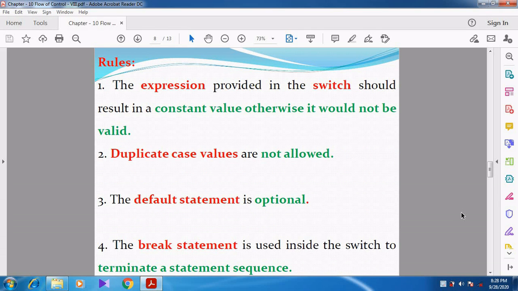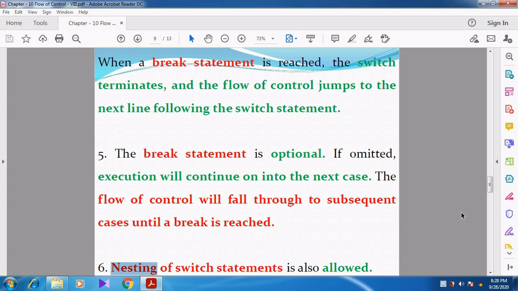The expression should be a constant value, otherwise it will not be valid. Duplicate case values are not allowed in the switch statement, and the default statement is optional. Whenever we use the break statement, it is used to terminate the statement sequence. At the same time, the break statement is optional.